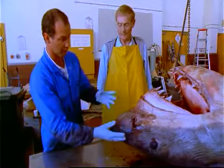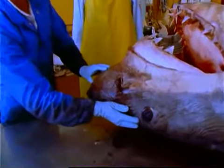Now, from what others have done over the last 25 years with the eye, we know that they've got very, very good vision underwater. They've probably got good colour vision as well. They've got the rods and cones just like we have, and the eye is extremely well developed. So they could probably see to the limit of visibility underwater. They're just extremely well adapted to feeling, seeing, smelling, and sensing their environment, which is what they need to survive. And yet again, nature has been perfectly balanced until we interfere with the process,